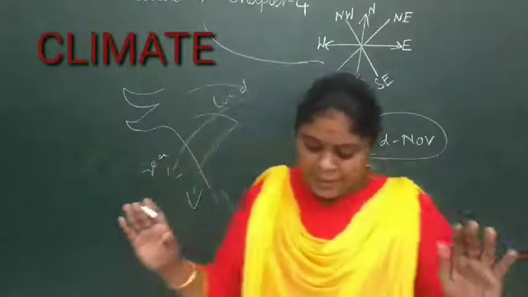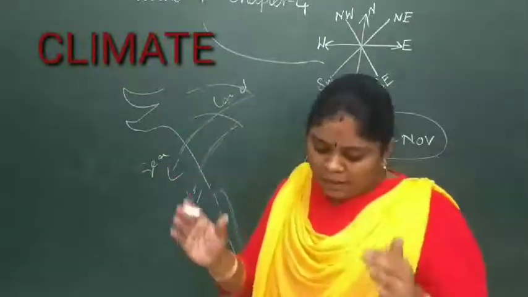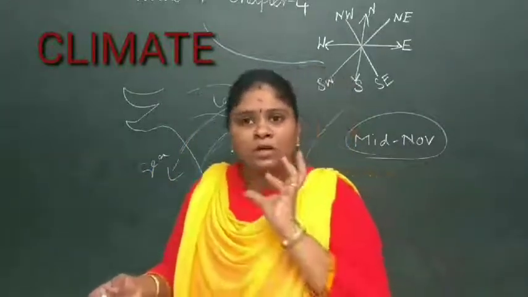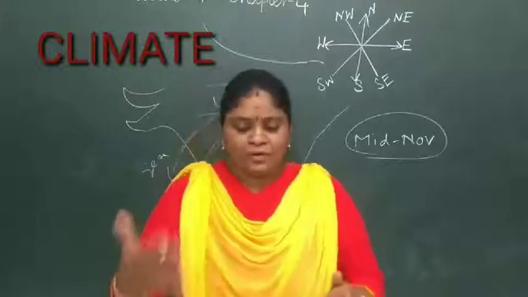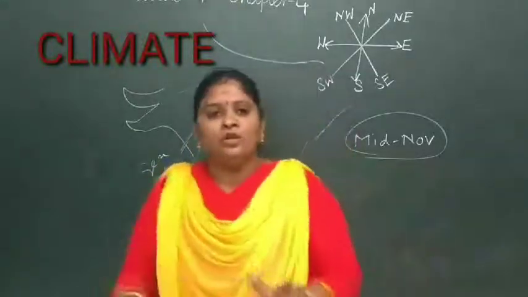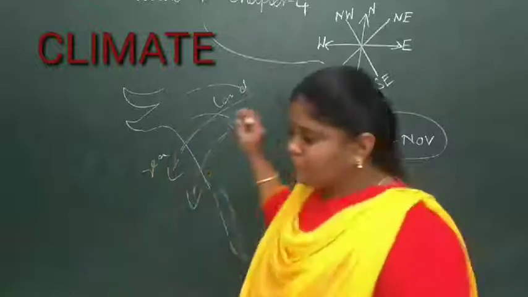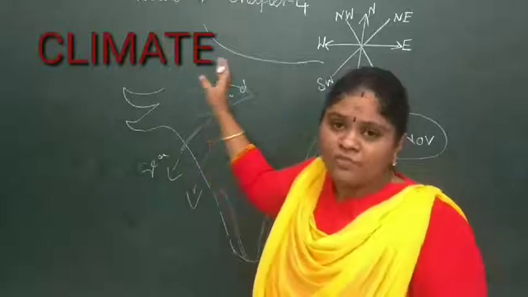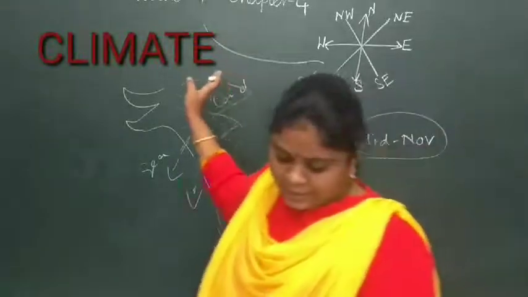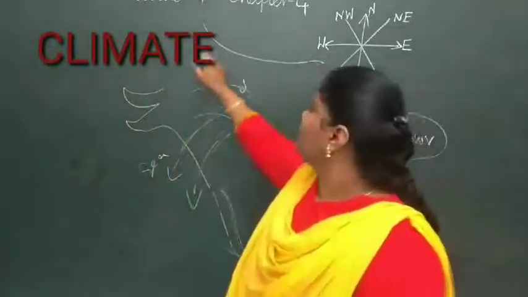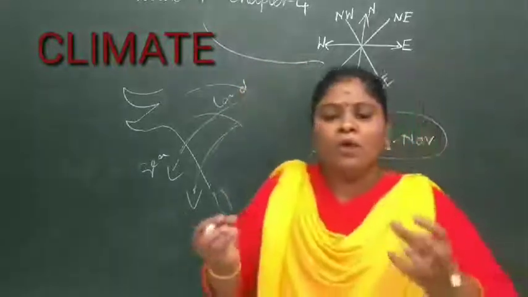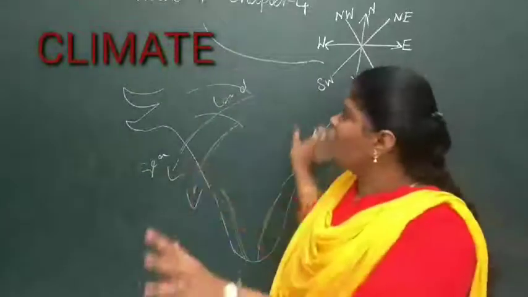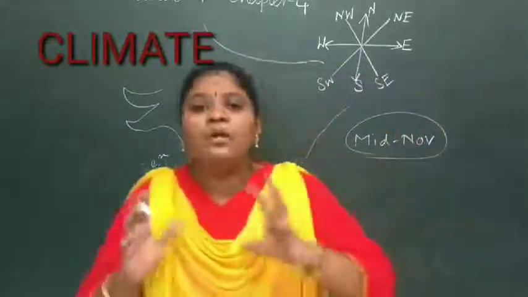It will be very clear and the temperature will be normal and comparatively low. It cannot be said as normal, it will be low, and you can also find that the humidity will be very low in that area. And this air, when it is blowing from the west to the northwestern direction, it will create some impact over there. It will create a small kind of rainfall in that area. So this is how the rainfall and the cold climate are over there.